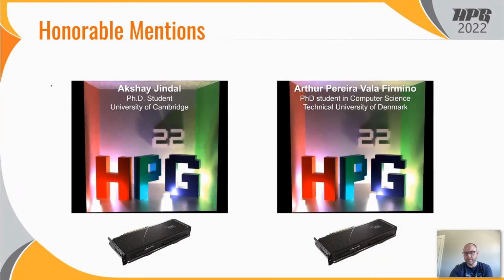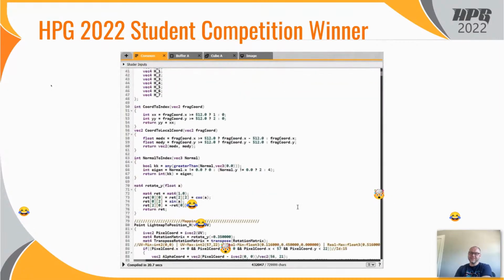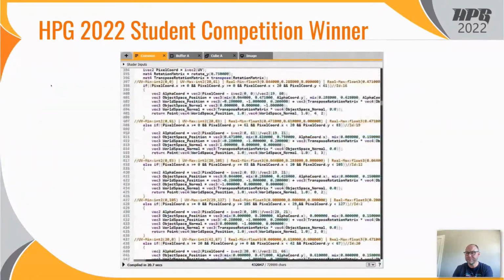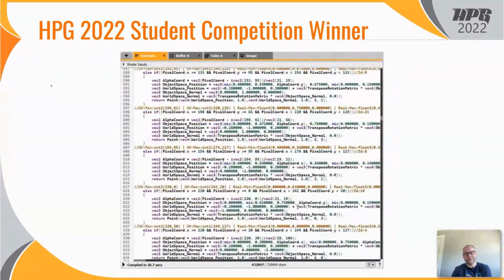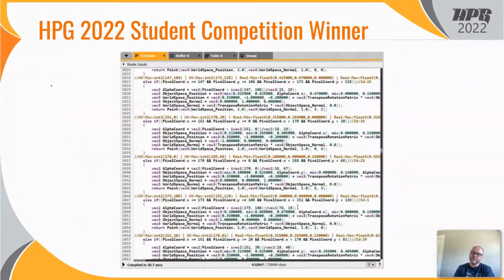And now for our winner. So this is what the winning submission looks like if you open it with the wrong browser. And so again, this is coming back to this whole WebGL story. And the reason for this is, so here you can see actually the source code of the submission. And so this submission used a pre-baking of all of the lighting. And so it actually